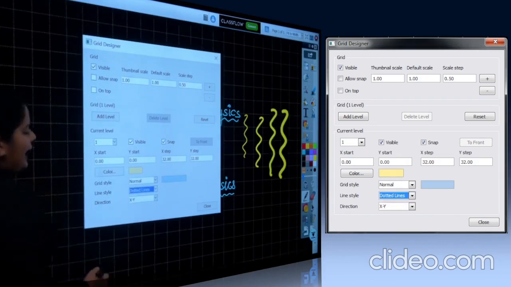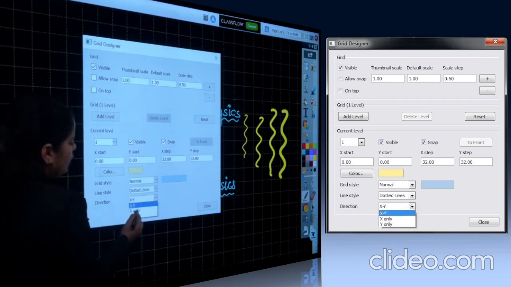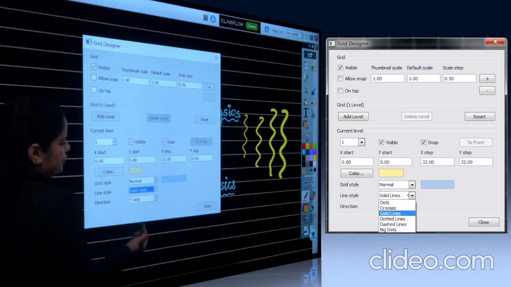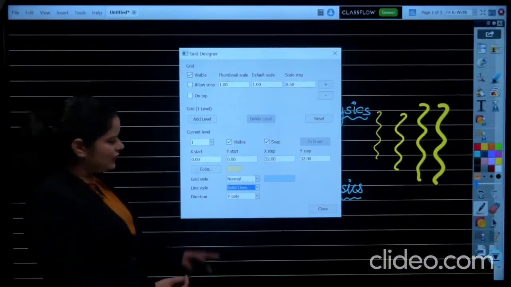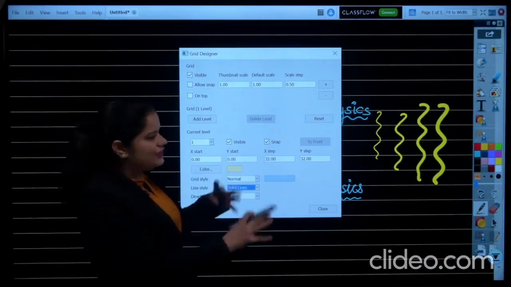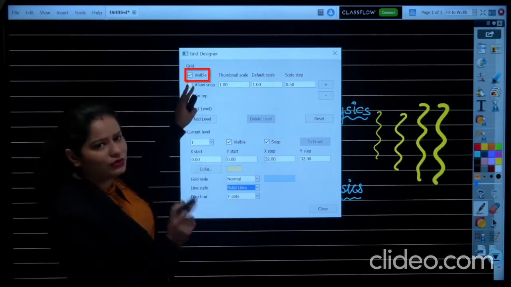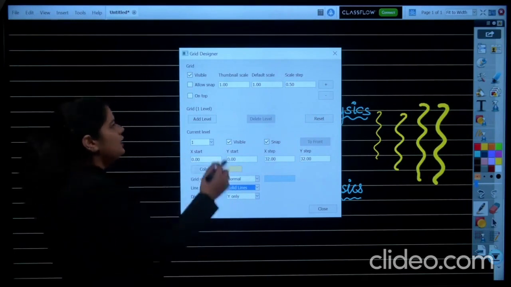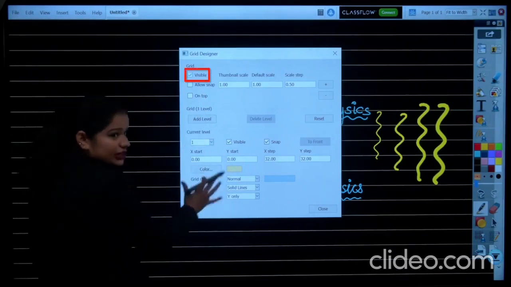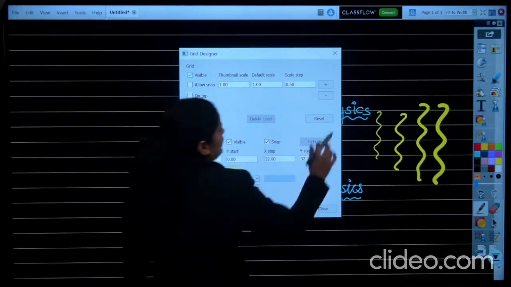And the direction you can also choose, whether you want vertical and horizontal both, or only the x-axis or only the y-axis. Let us suppose you can choose the solid line in the horizontal direction as well. So with the help of these options mentioned over here, you can change the pattern of the grid which will be visible. First of all, you need to click onto this visible part so that it becomes visible. Once you click onto this again, it becomes invisible. So you need to change the pattern whatsoever is required for your class. You can change it accordingly and then start working on the same.